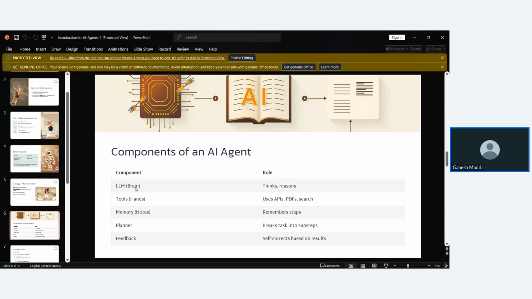So coming to the components of these AI agents, LLM. As we can see, we used the LLM just now, right? We went to Google AI Studio. We have seen the details of the LLM, that is Gemini 2.0. So those are the LLM models. So how we can use that is by creating an API key on a specific model. So that's the thing here. The LLM is the brain of the complete generative AI. The things we are generating, it will be invoking the LLM, and the LLM is the brain of the generative AI, right? So what it will do, it will think,